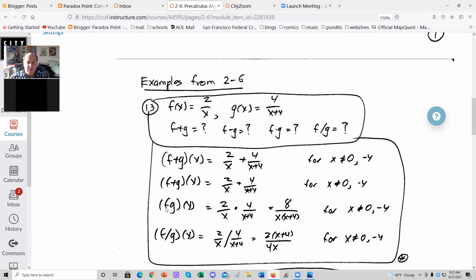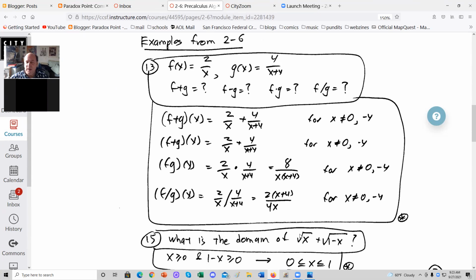Okay, f times g of x is 2 over x times 4 over x plus 4. And you multiply that to 8 over x times x plus 4. All these are for x not 0 or negative 4. And f over g of x is 2 over x divided by 4 over x plus 4. We flip this upside down and multiply: 2 times x plus 4 over 4x. We can do some cancellation, no big deal. And again, for x not 0 or negative 4,